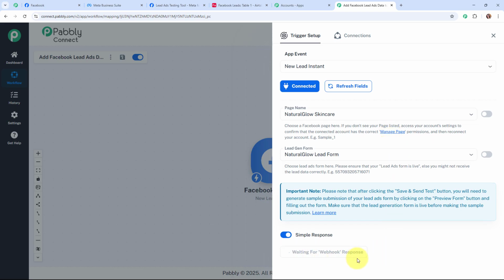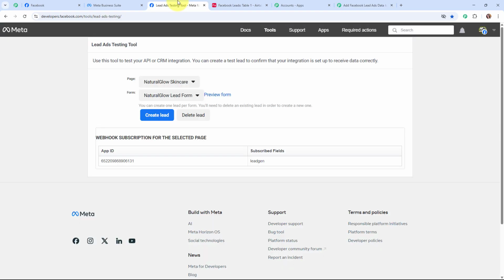And here you can see it is waiting for webhook response. That means to receive a webhook response, we need to do a test submission. And to do a test submission, we need to generate a test lead in our Facebook lead ad. So now here to generate the test lead, let me take you back to my lead ads testing tool by Meta. Alright, so this is a lead ads testing tool by Meta,